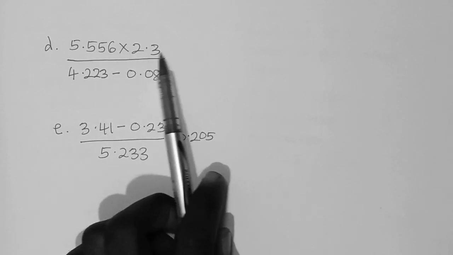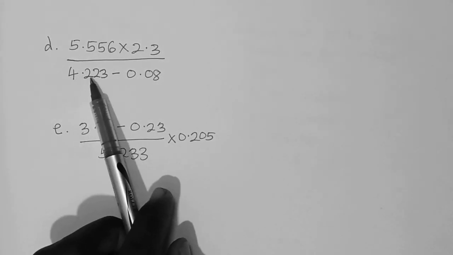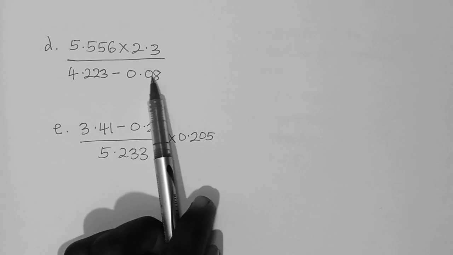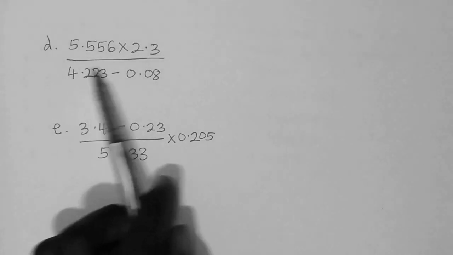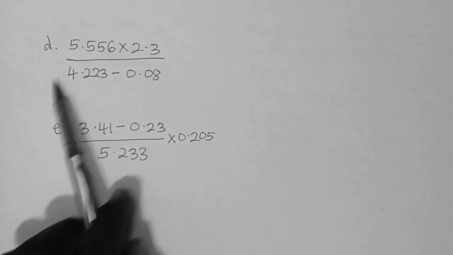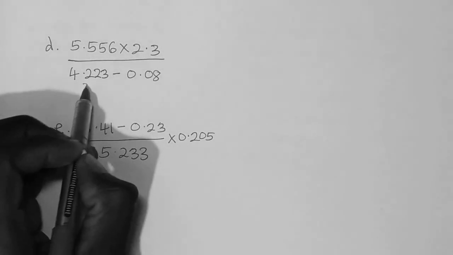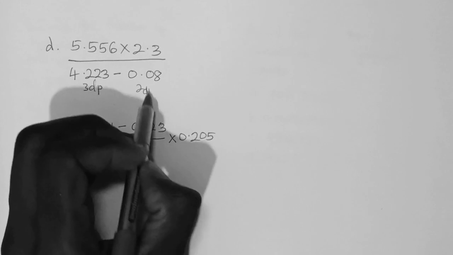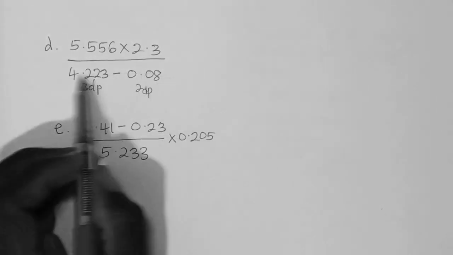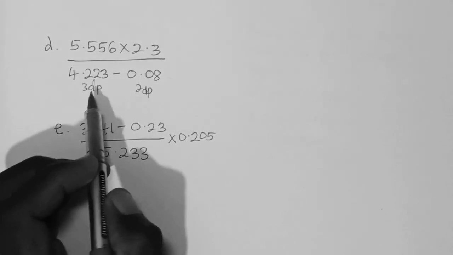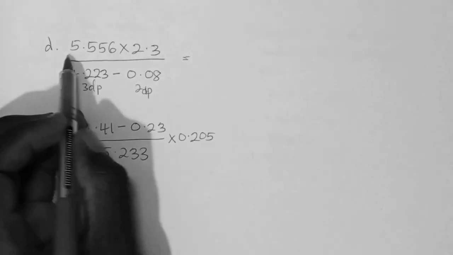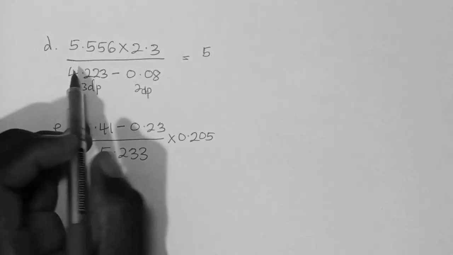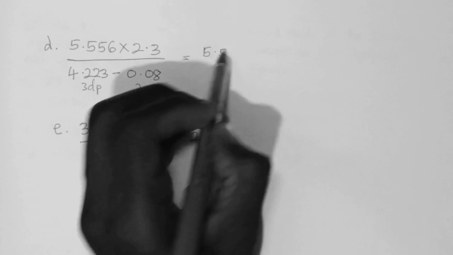5.556 times 2.3 divided by 4.223 minus 0.08. So we need to first do the addition and subtraction down here. Here is 3 decimal places, and here is 2 decimal places. So we need to first do this subtraction and leave it in 2 decimal places. And if you use a calculator, here is going to give us